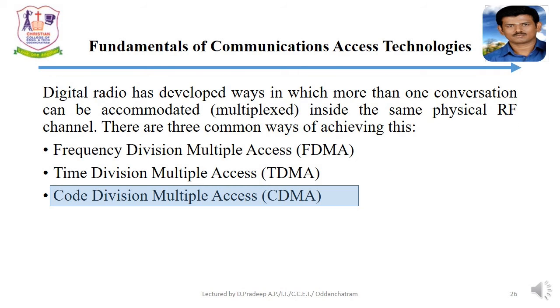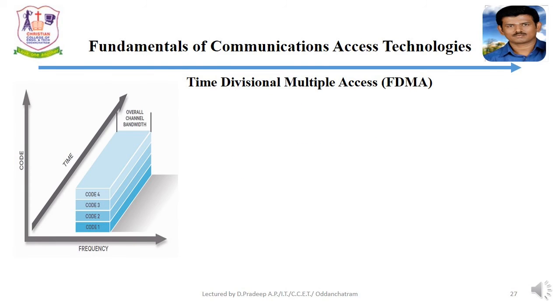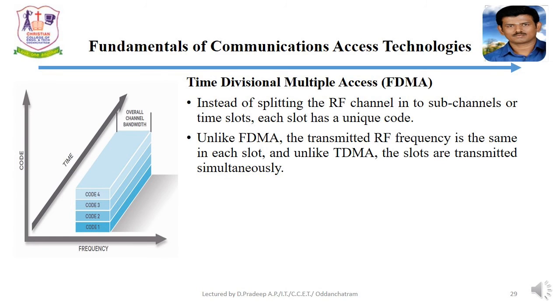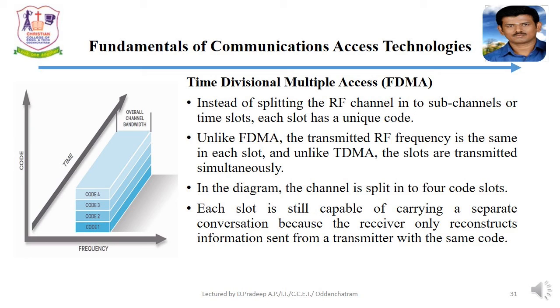Next, code division multiple access. For splitting the RF channel into subchannels or time slots, each slot has a unique code. Unlike FDMA, the transmitted RF frequency is the same in each slot, and unlike TDMA, the slots are transmitted simultaneously. In the diagram, the channel is split into 4 code slots. Each slot is still capable of carrying a separate conversation because the receiver only reconstructs information sent from a transmitter